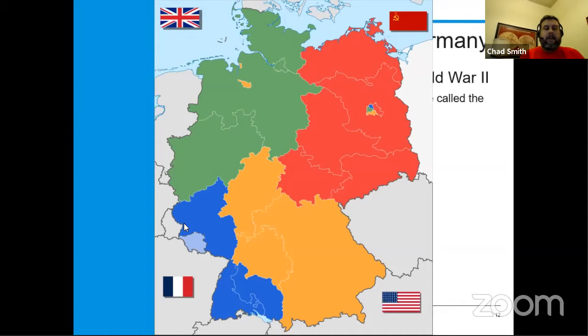And political leaders from both sides would come and try and help Germany establish a new, more successful, and ideally more peaceful government. Originally, you can see that Germany was divided up into four. The United States of America representing the orange, France representing the blue, Britain representing the green, and the Soviet Union representing the red. However, both France and Britain had far too much to do to rebuild their own countries,